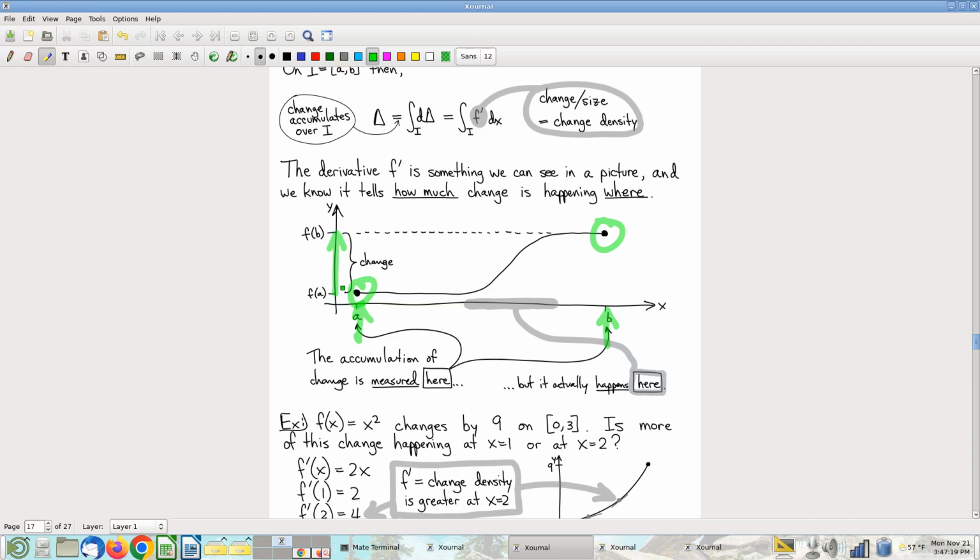But is that where the change actually happened? Of course not. It's perfectly obvious. Change happens in the interior. You can see the change happening right there for these values of x. And I've made that point. In this context, I think it comes through pretty clear. But then I make similar statements about